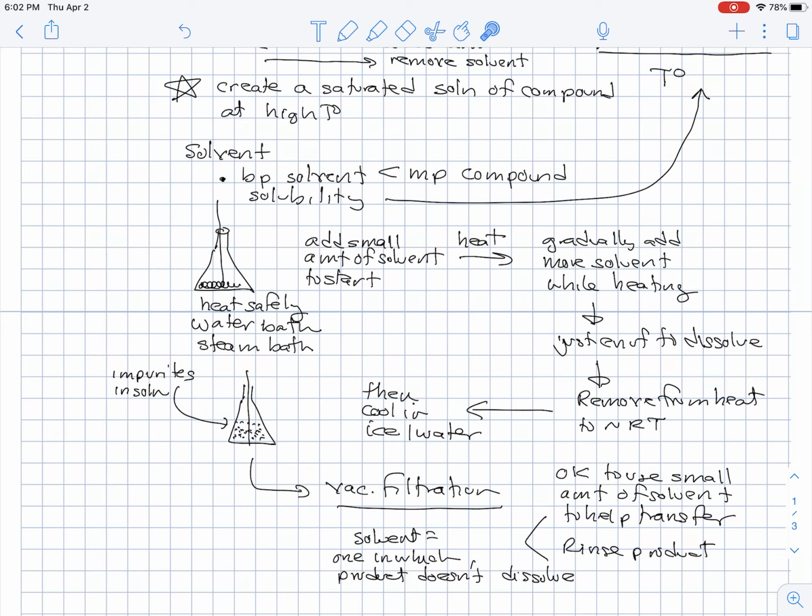One more word to the wise. You've already used your vacuum filtration setup once for your crude product. You always want to start with a clean setup when you go to do your vacuum filtration for your purified product, in case something goes wrong. If your product ends up going into the filtrate at the bottom, and there's junk in there from before, that's a much bigger problem than if